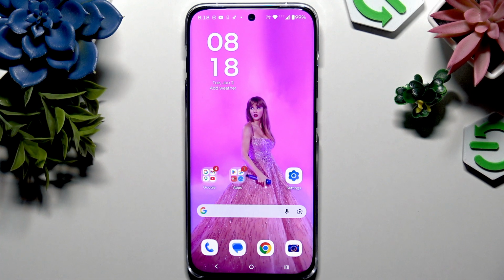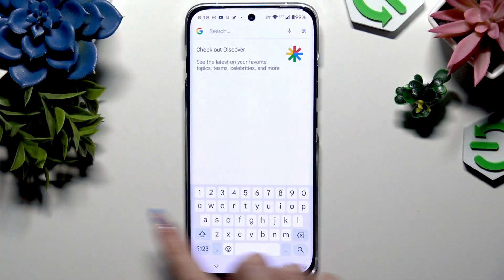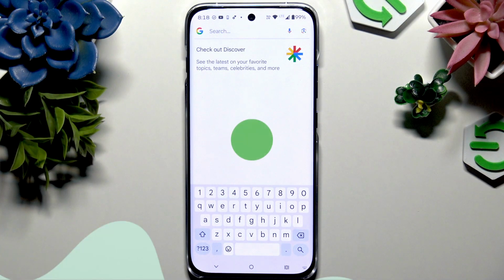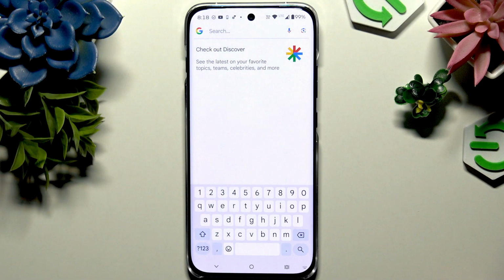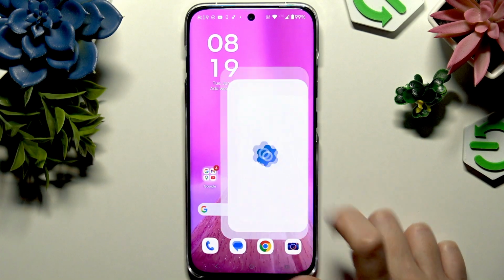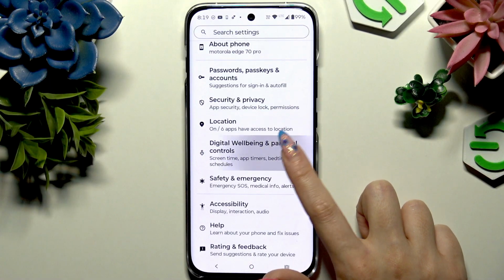In front of me is Motorola Edge 70 Pro, and today I would like to show you how you can enable Suggestion Strip at the top of your keyboard. If you don't have a Suggestion Strip, all you need to do is go into Settings and scroll down to